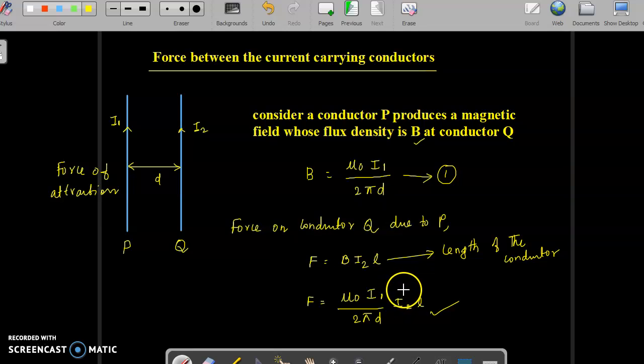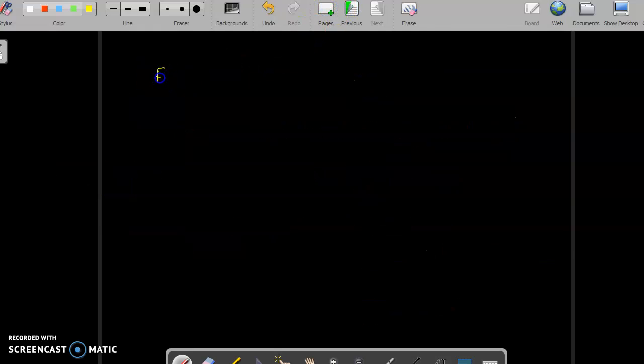If the conductors are infinitely long, the force per unit length is F by L equals mu naught I1 I2